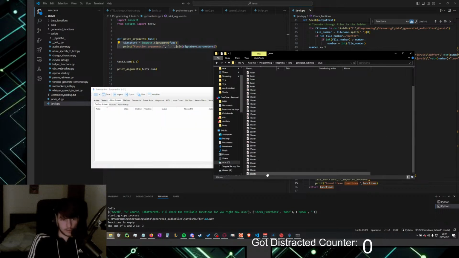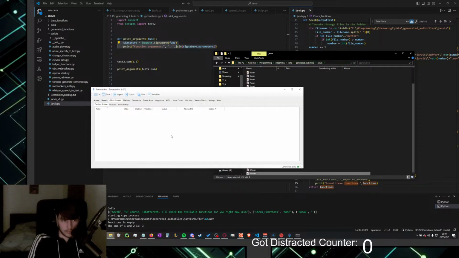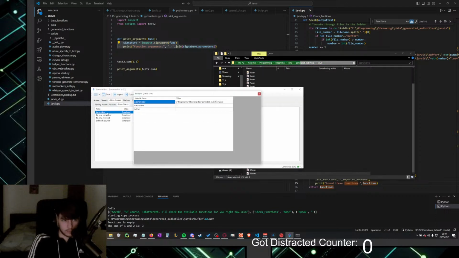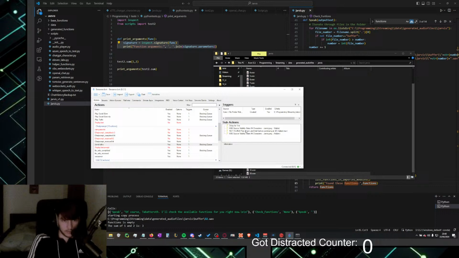Okay, wait, let me real quick. Okay, wait, let me use the previous one. And also throw it in the thing here. So that should have triggered it, and full path is what I need for it.